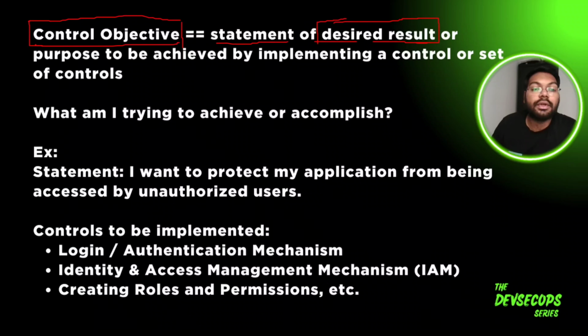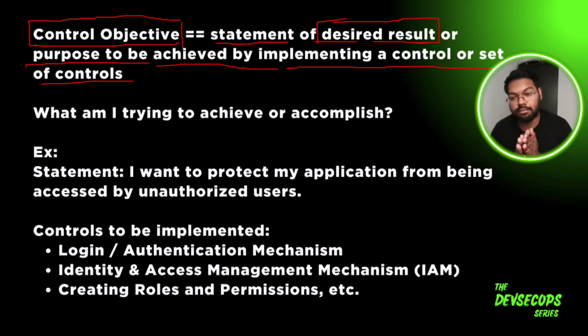Okay, a control objective is a statement of desired result or purpose to be achieved by implementing a control or set of controls. Now, if you are going to the gym, you will eventually, if you work hard, build a physique. Right? That is an objective that we have. Like if I go to the gym, I will get strong. And what will be the result of that? That someone who is stronger than me would not be able to bully me. That is why most people go to the gym to get strong so that other people cannot suppress you in any other terms. Okay, that is one kind of desired result or control objective that you have.